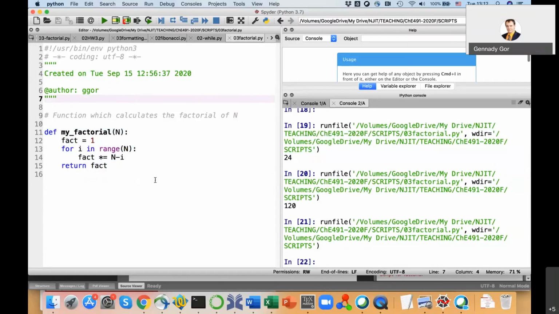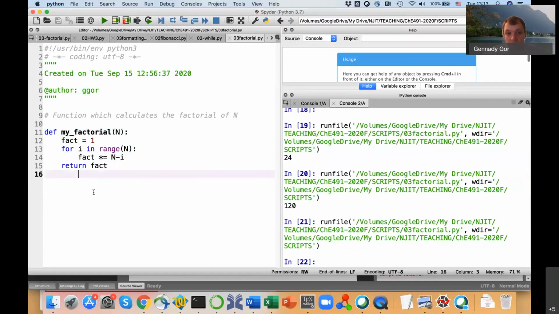It introduces this function, but it doesn't execute this function. In order to call the function, you need to call it, right? I can just call it. I don't have to print it. I can say, okay,